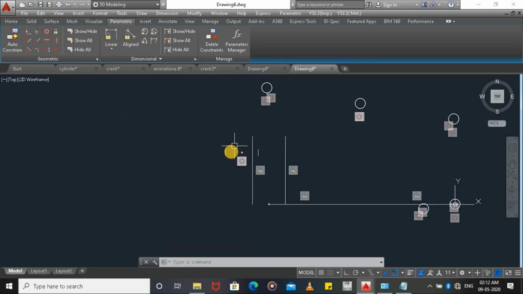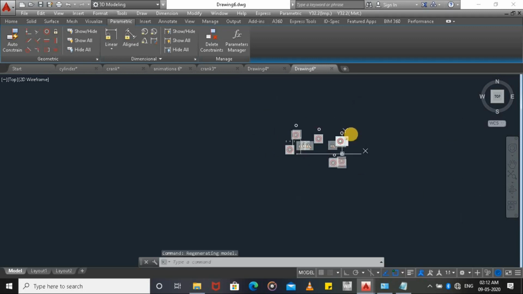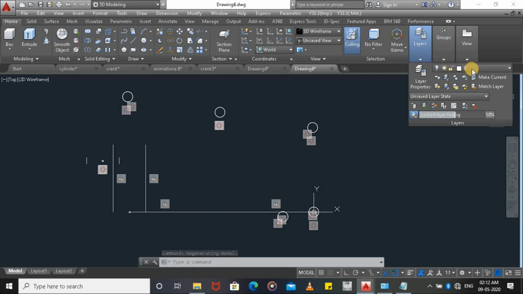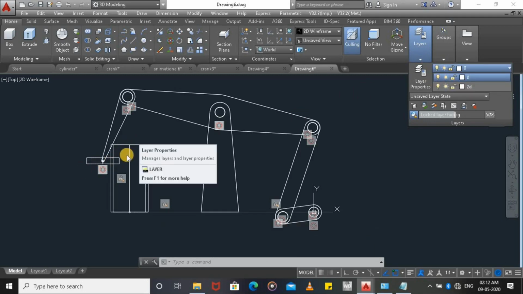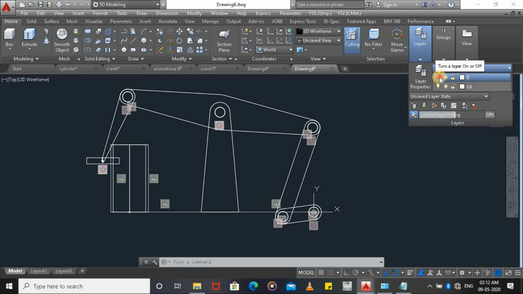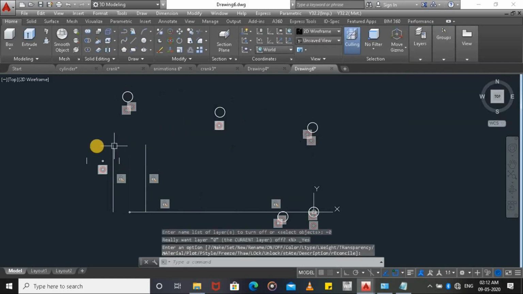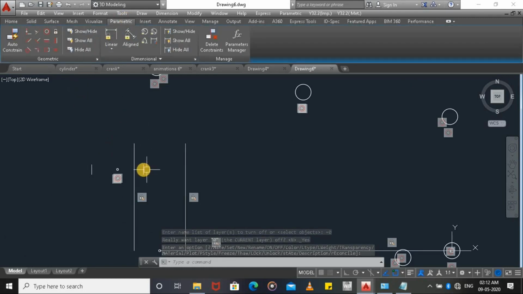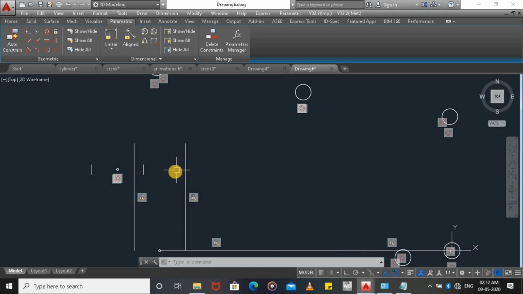Now we have to constrain this piston, so we can check our mechanism in layers. If we are turning on this layer, this piston is outside our cylinder, so we have to constrain this piston inside this cylinder. So again turning off this layer, and now we have to remember this line and this line should have a collinear constraint.